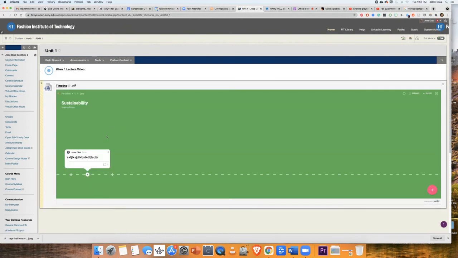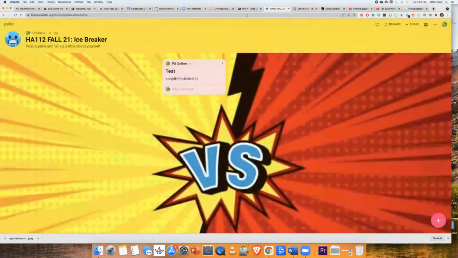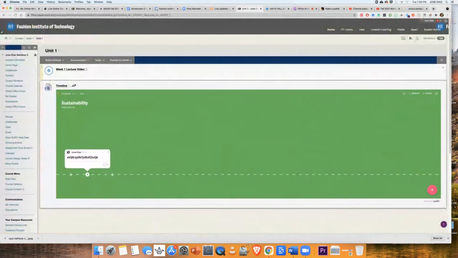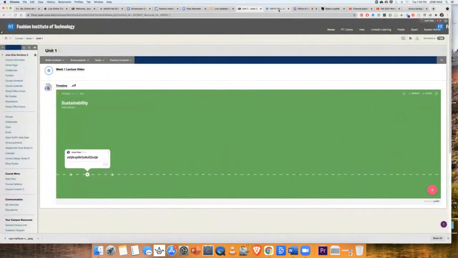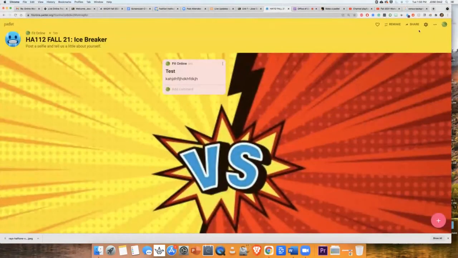And you can see I already have it in there because I was testing it. But I want to add my icebreaker, the one that we just created, and I want to put it inside here, inside unit one. So like Christine just said, you go to share,